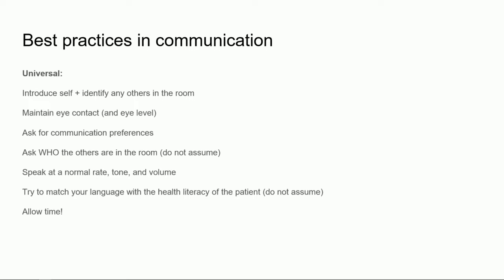I'm sure we've all had experiences where we created this thought of, well, this is probably their husband or their wife, and it turns out to be a family member instead. So it's good to clarify those things and not make assumptions based on the people around us. It's always good to speak at a normal rate, tone, and volume. I know that masks have made that hard, and I feel like I've gotten better at speaking because of the masks, because I try not to mumble.